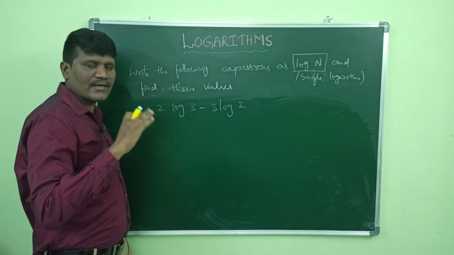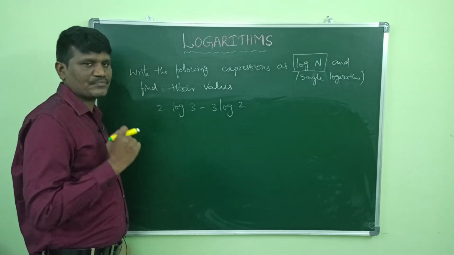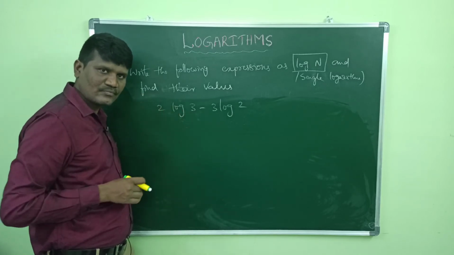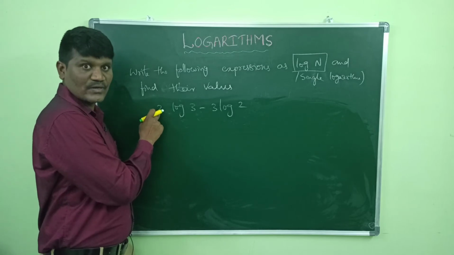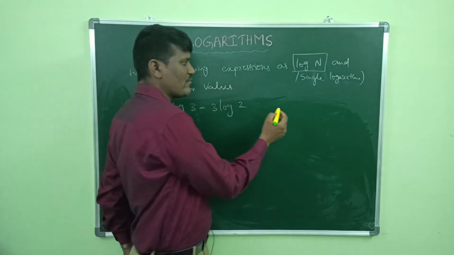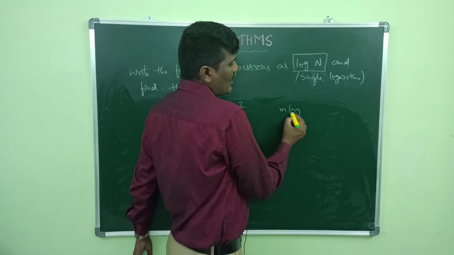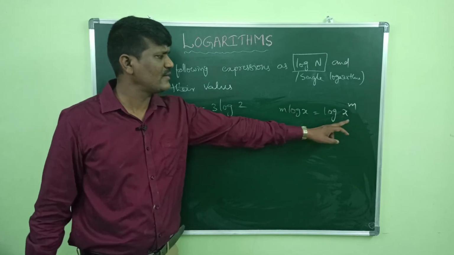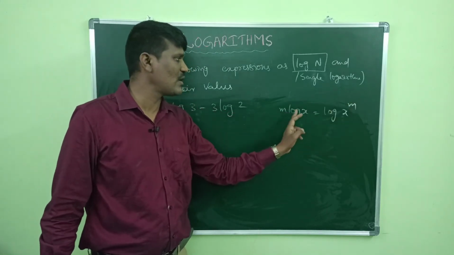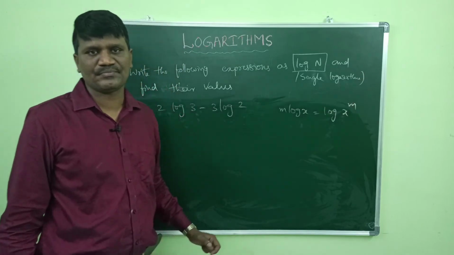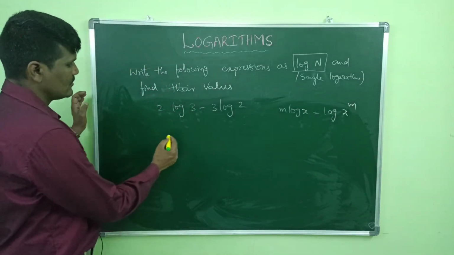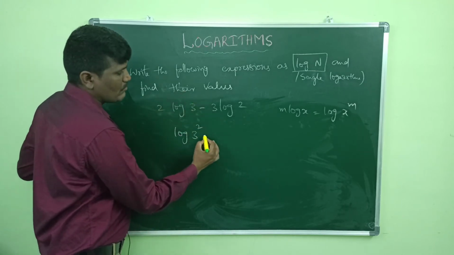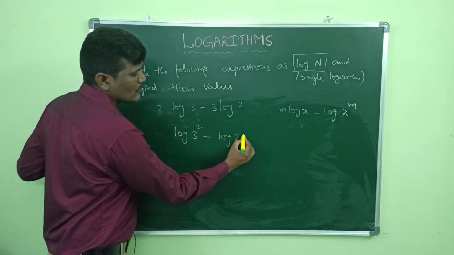You know that log x minus log y is equal to log x by y. But here log x is not there. Instead of log x, there is a 2 also. So how to make this one into simply log x? Suppose I am having m log x. You know the formula, I can write log x to the power of m. I can write the reverse of this power rule: log x power m is equal to m log x, or m log x means log x to the power of m. So 2 log 3 I can write as log 3 square, minus this I can write log 2 cube.